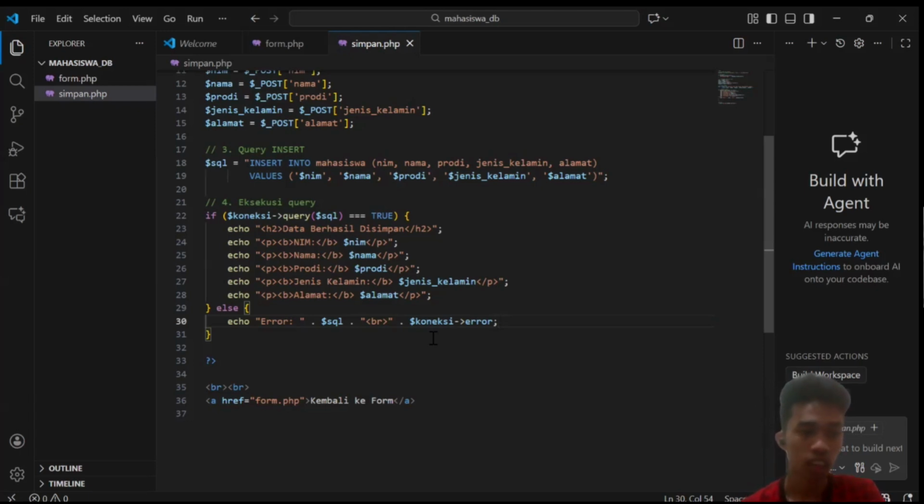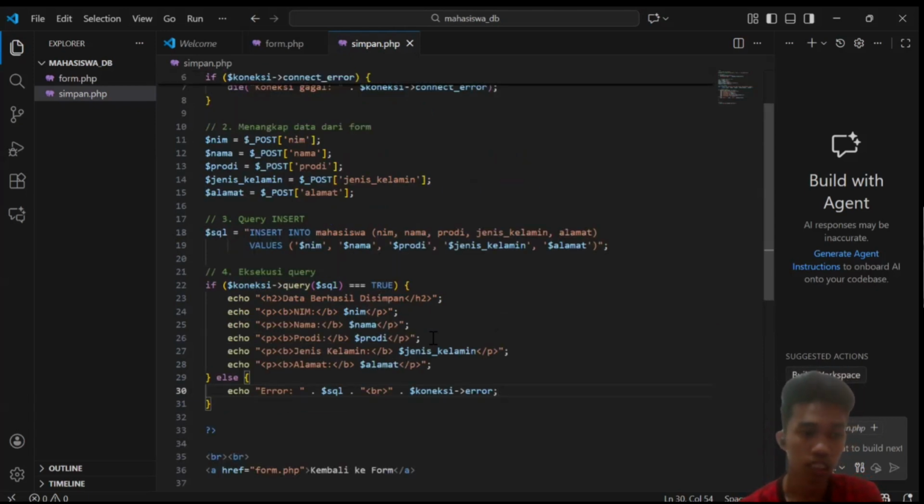At that moment, the simpan PHP page displays the newly saved student data as confirmation that the storage process works correctly. The data is shown in plain text, displaying the name, study program, gender, and address, exactly as provided by the user. After the data is shown, the page provides a link labeled back to form.